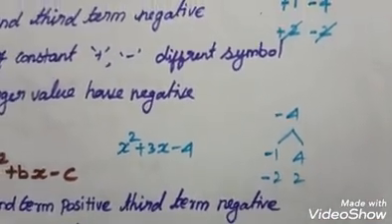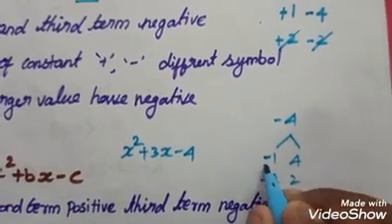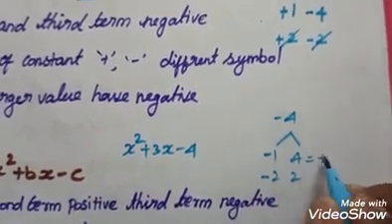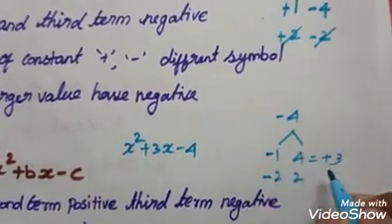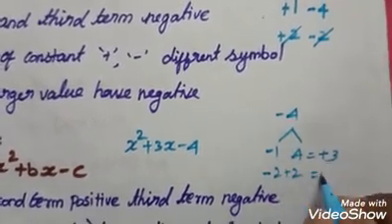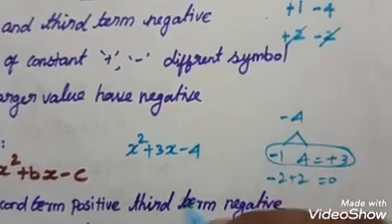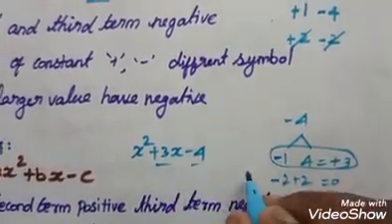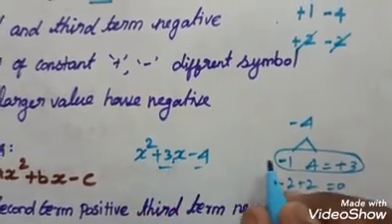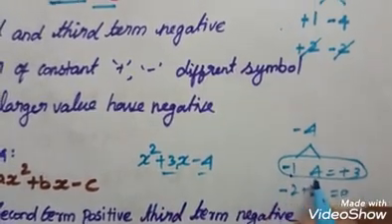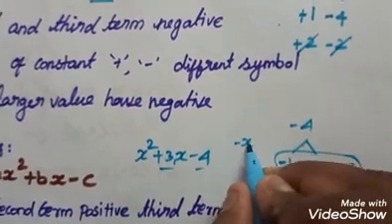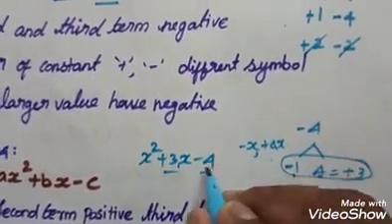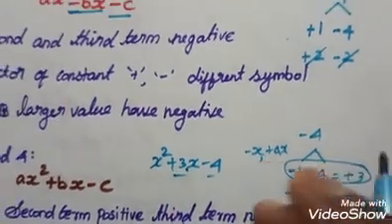But you have to add or subtract. Plus 4 minus 1, which is equal to 4, is bigger. So plus, you have to subtract 3. So plus 2 minus 2 becomes 0. So this is the correct factor. We get plus 3 and then minus 4. We have to split this middle term by minus 1 plus 4. That should be minus x plus 4x. We have to split this middle term under this condition.